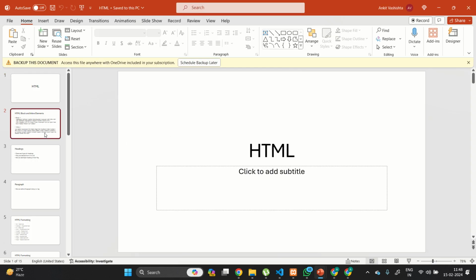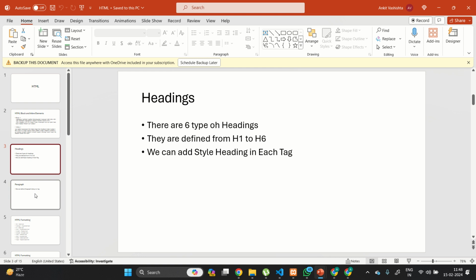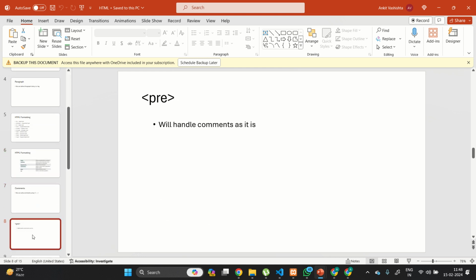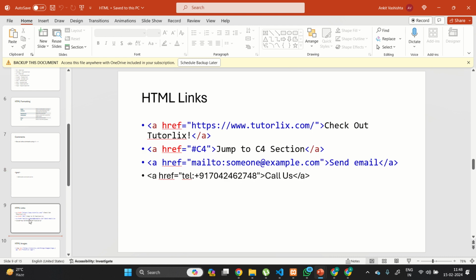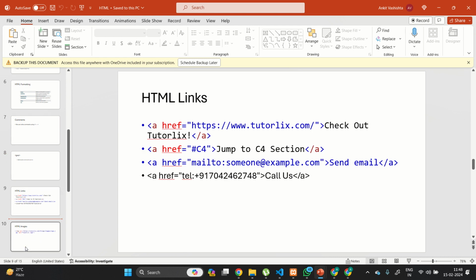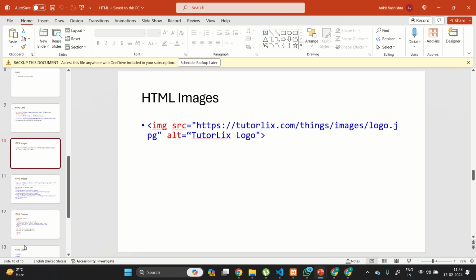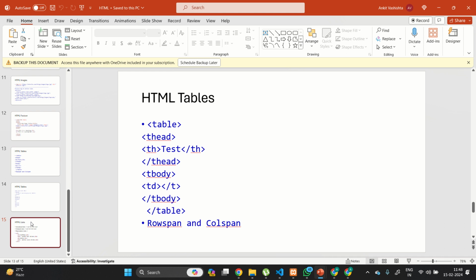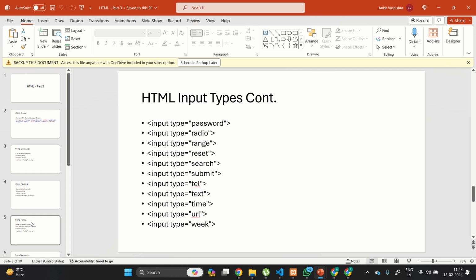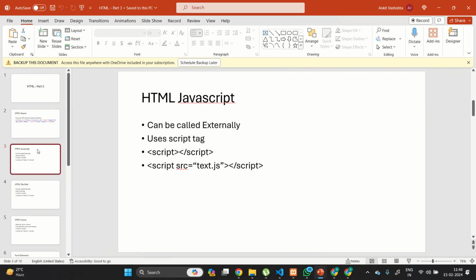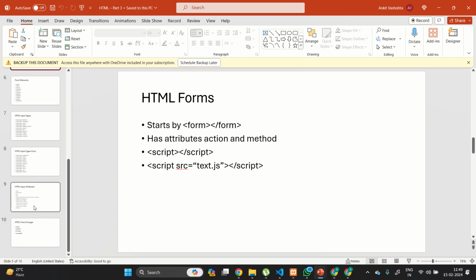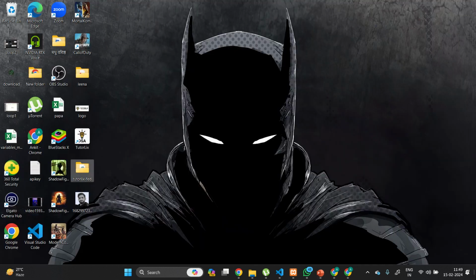So we will cover block and inline elements, headings, paragraphs, formatting. Then we will be covering comments, pre, lists, links. Then images. Then favicons and tables, lists, and thereafter iframe, JavaScript, how to call JavaScript in HTML, then file paths, forms, and thereafter we will be covering something